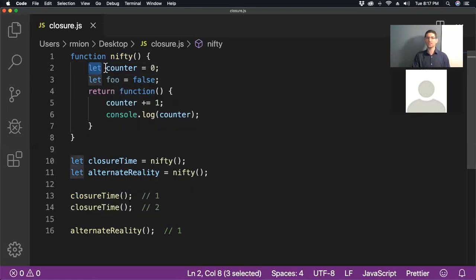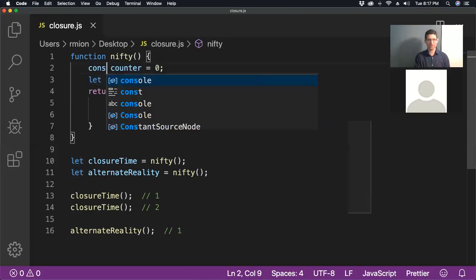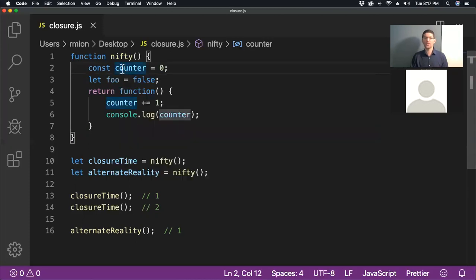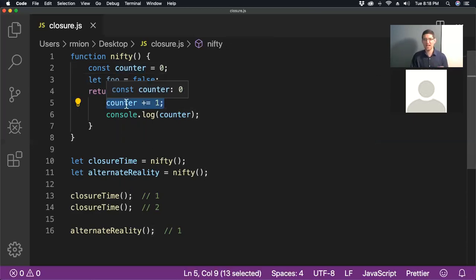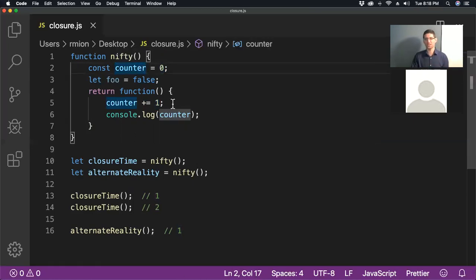It does only because, so that's I guess a different topic. When it comes to const, this has nothing to do with closure. If I set counter to 0 and then I try to increment counter, what this is really doing in JavaScript is not adding 1 to 0. A number is a primitive value type in JavaScript. It's actually reassigning to counter the number that is the equivalent of 0 plus 1. So that's the only reason why const won't work, because you literally can't reassign something to const. But that has nothing to do with closure.